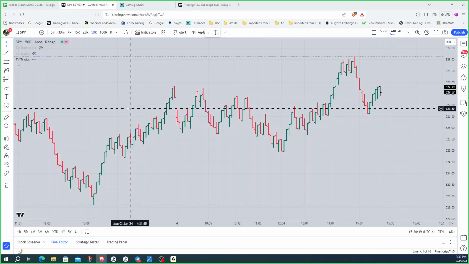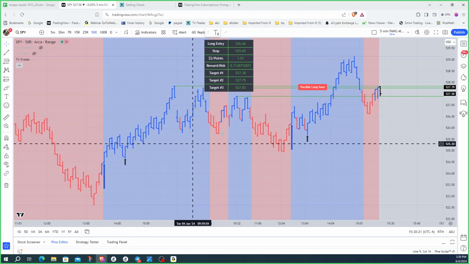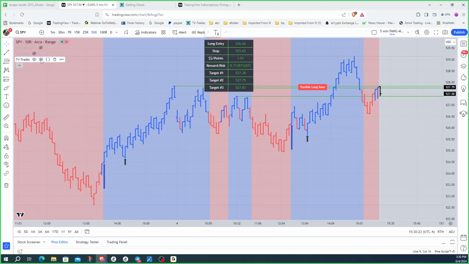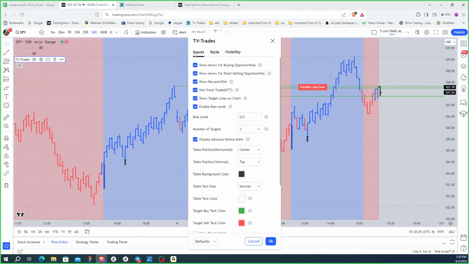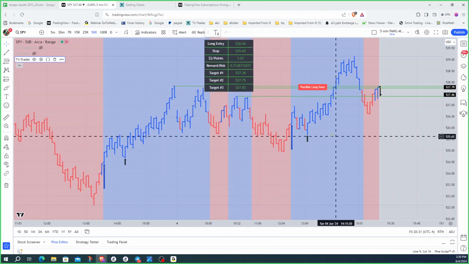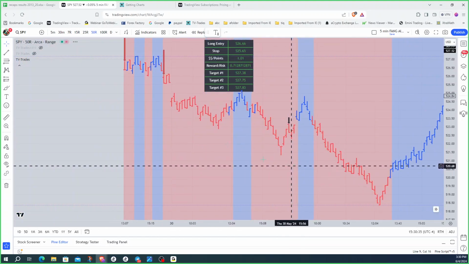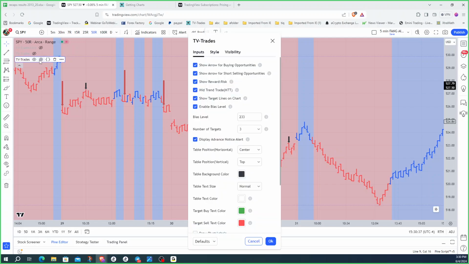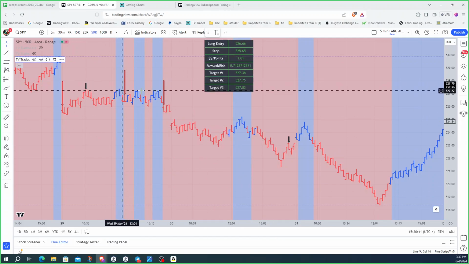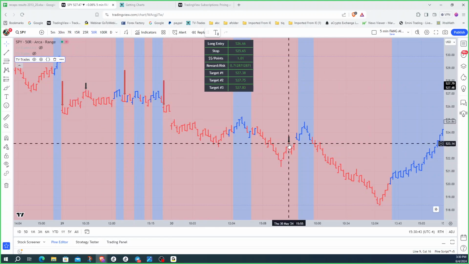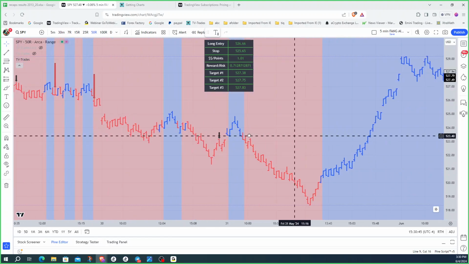Okay. So by default, it's only giving you long trades. When you turn it on, it's not going to give you the long trades. You got to turn on the shorts to be able to see the shorts. Now, I turned everything on this so you see the longs and the shorts in here. If it's going to give you the longs and the shorts, it's also got a bias on, I think, right? Didn't I turn the bias on this? Yeah, the bias is on too. So it's going to filter out a lot of things. So you get your longs and your shorts in here, and this mid-trend trade is turned on right now to